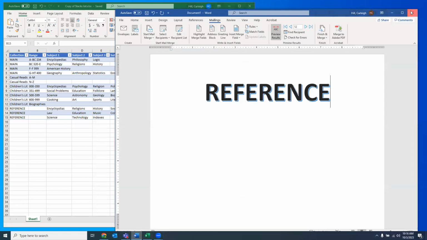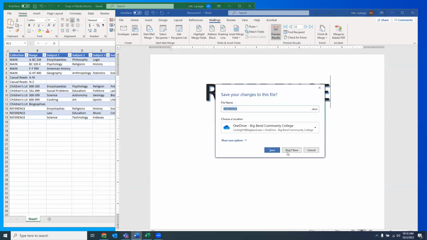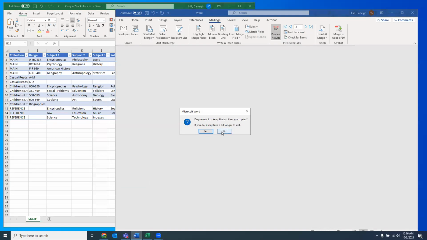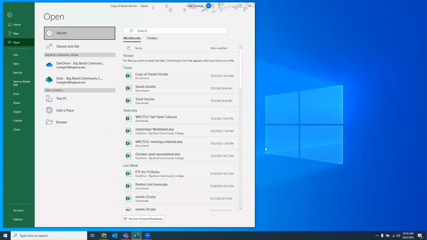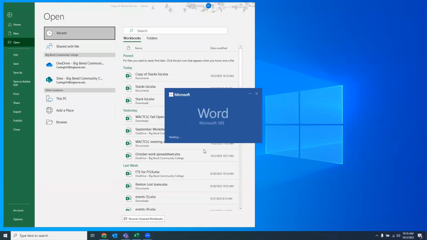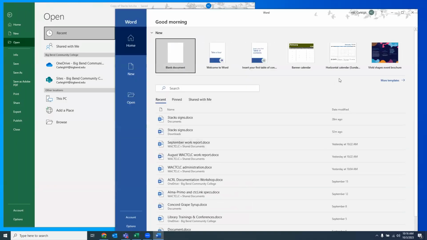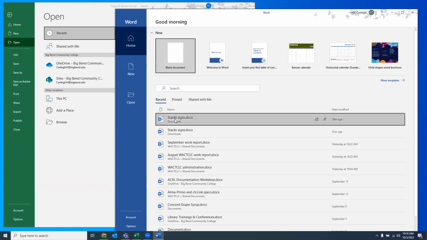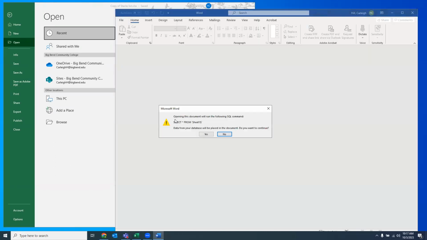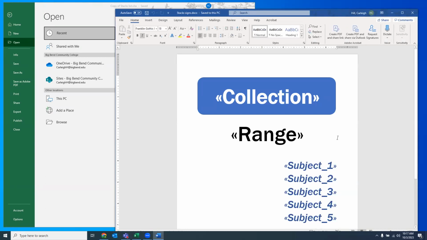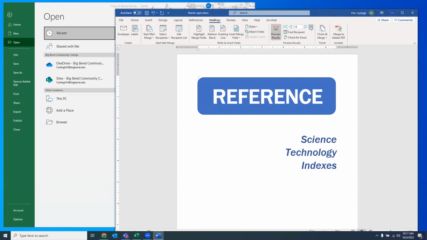Okay, and then we can open our sign again. And it will say, you're going to select from sheet 1. Yes, I want that. Now, if we go to the preview and we go,